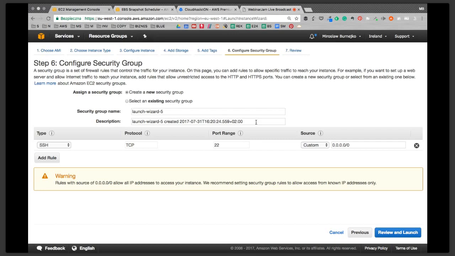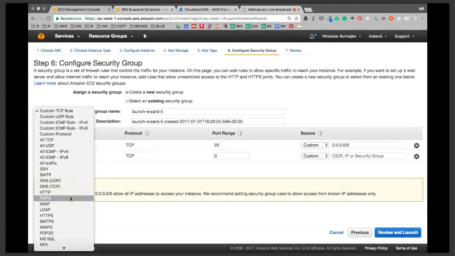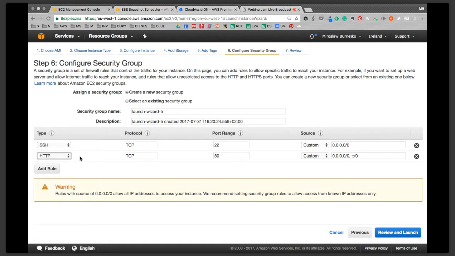And here is another step that is really important. Always create as specific groups as possible. For the first deployment, for testing, it's okay to use this type of configuration, even if you are using a web server, you can add this HTTP and you have SSH to access your computer from all addresses. But what I really recommend on this step: first add a name for the security group, so it's web server security group. Add a great description for the security group, so it's